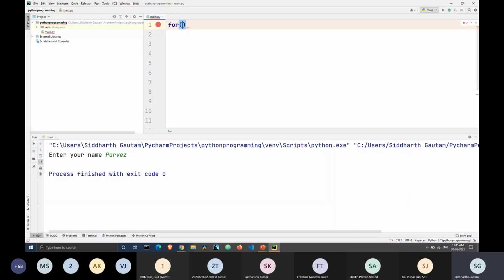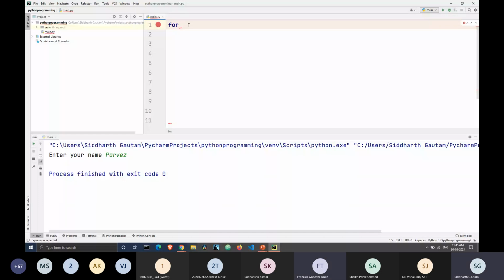If I'm coding in, say, Java, I have to write i is equal to 0, i is less than 10, and i plus plus. In different languages, I have to declare myself that I want to increase the value of i by 1 each time. But in Python, you don't have to do that. Python already knows to increase it by 1 each time automatically. And if you want to change the value, you can change it using the third value inside the brackets. Thank you so much.